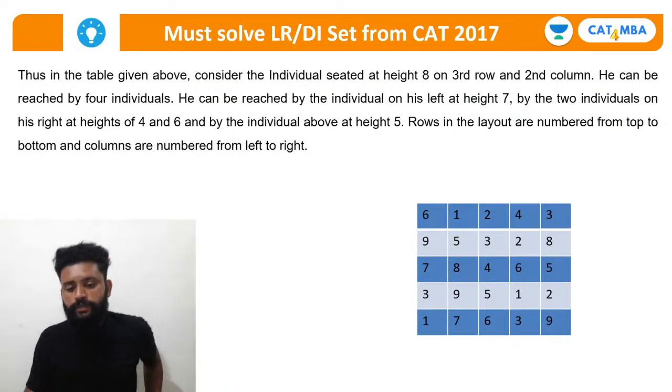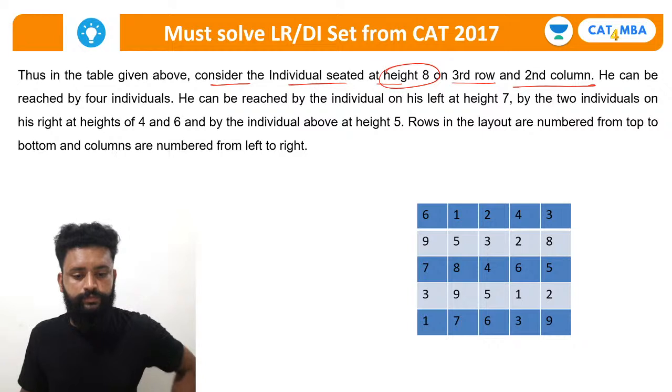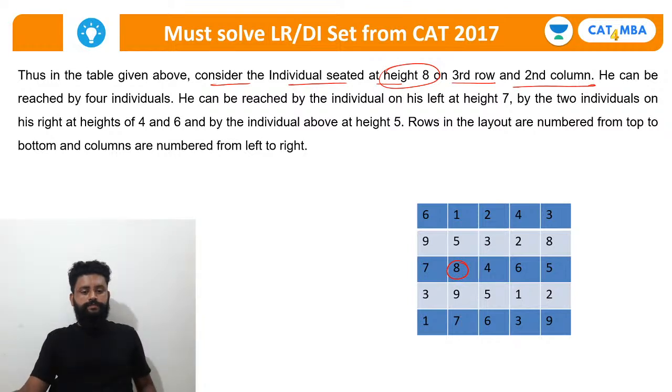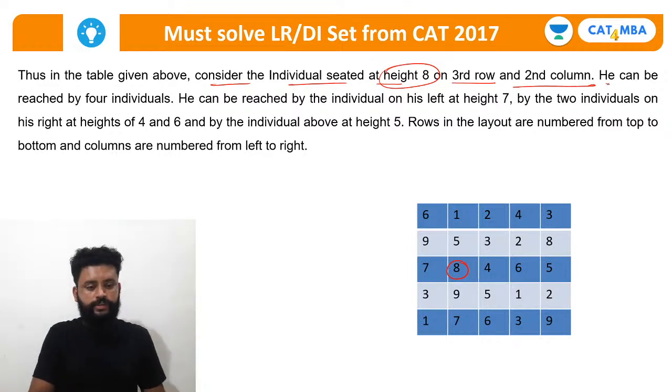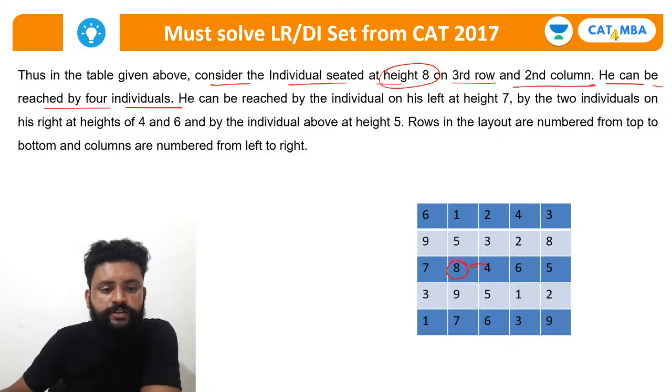Does the table given below consider the individual seated at height 8 on the third row and second column? So this person is X. So this person, he can be reached by 4 individuals. So first thing हम ही खुद ही डिसाइड कर लेते हैं, 4 वाला यहाँ पे जा सकते हैं,